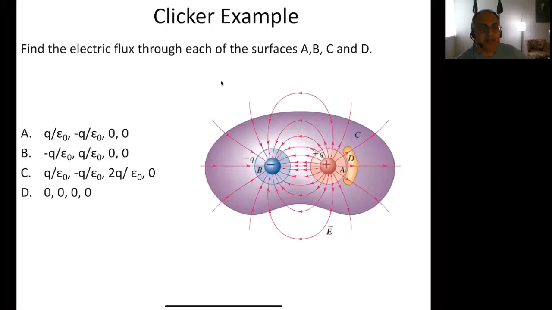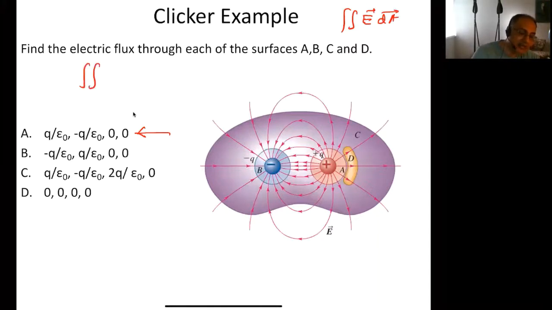All right, so the correct answer is A. Okay, so this is the correct answer. And let's just make sure that we are all absolutely clear about this. So how do you calculate flux? Flux is the surface integral of the electric field over a particular surface. But clearly, we know nothing about the electric field. We know nothing about the surface. So we obviously cannot directly do the surface integral. So what we want to do here is calculate the flux using Gauss's law,